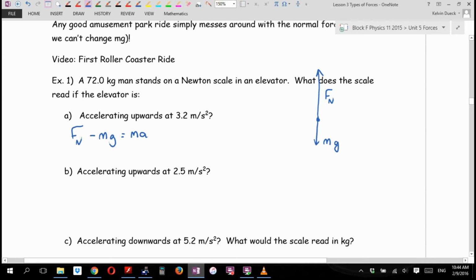Lydia, what did you say this question was asking me to find? No, sorry. The scale, but what was it really asking me to find? Normal force. See it? How would I get the Fn by itself? Yes. You ready, Matt? On the way up,